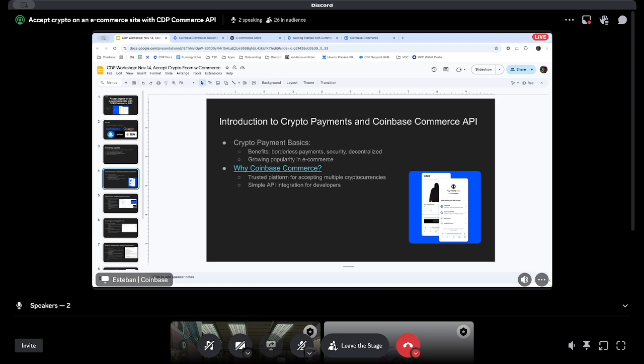Okay. The intro. So what are the benefits of Commerce? We have a lot of products. Sometimes it gets overwhelming. So one of the bigger benefits of this is that it's borderless payment, it's secure, and it's somewhat decentralized. And it's super popular to use in e-commerce sites. I think I read something that in this election cycle, even through both parties, getting crypto donations was huge. And Coinbase has become kind of the de facto